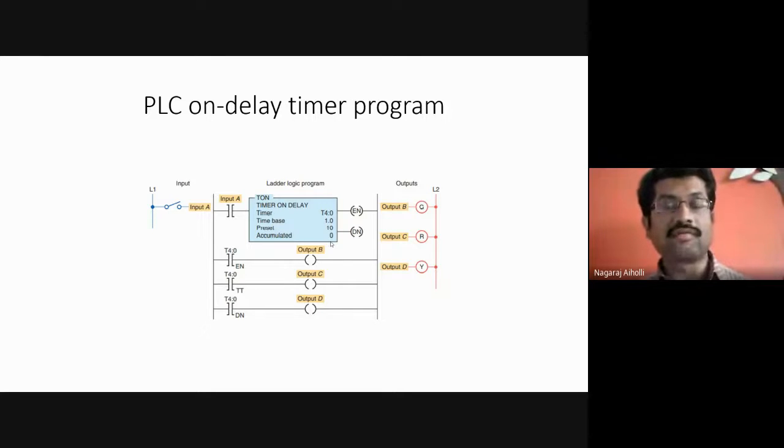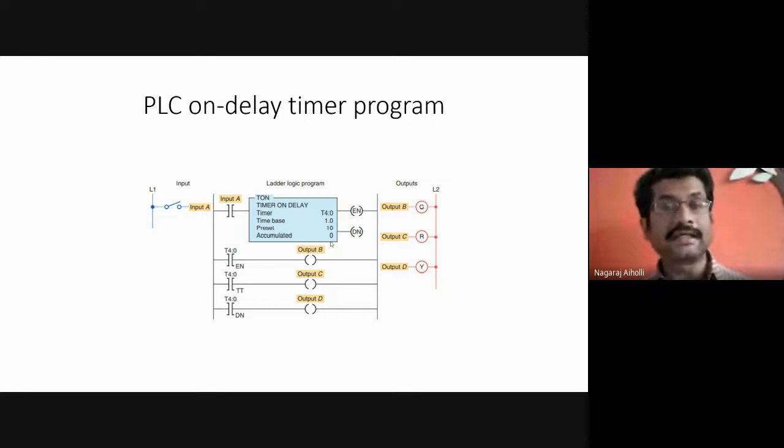Retentive means it retains the value in the accumulated bit once the timer is turned off. Once you open the switch or turn off the timer, if whatever value is stored in the accumulated bit continues to be stored after the timer or power supply is turned off, then it is called retentive.